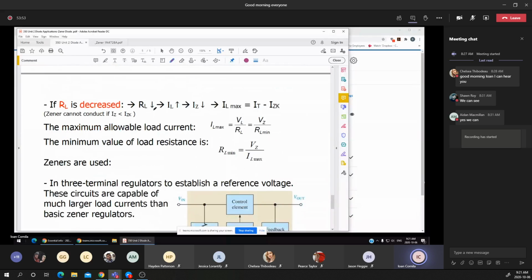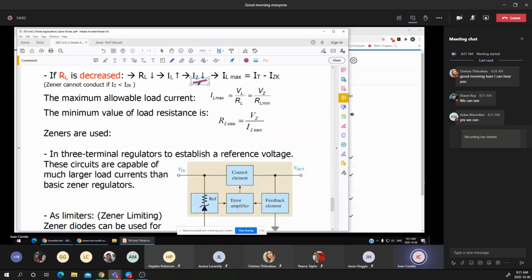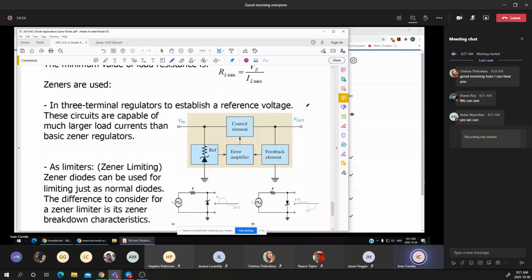The reverse way, I'm decreasing the resistance, I'm increasing the current, which means that the IZ is decreasing. Knowing that the IZ is decreasing, we have to determine what is the maximum load current. Knowing the IT and knowing the IZK, the maximum load current, we can determine the minimum load resistance. Now, some basic applications, probably